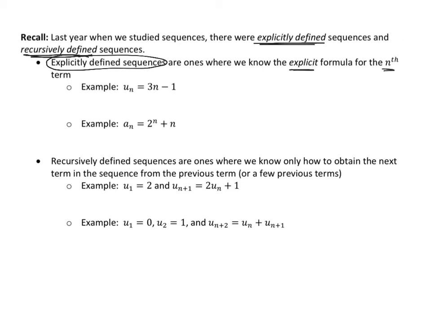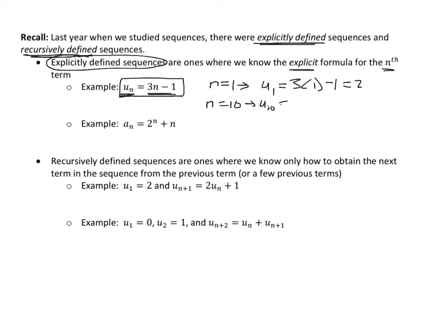So for example, if I told you that a sequence was defined by this, it means that you can tell explicitly what the nth term is going to be in terms of n. So for instance here, if you wanted to know when n is 1, great, you would do u1 and you would just have to plug 1 in for n. So 3 times 1 minus 1 is 2. Yay! If you wanted to jump to the 10th term, no problem. You could find u10 because we have an explicitly defined function that says that it would be 3 times 10